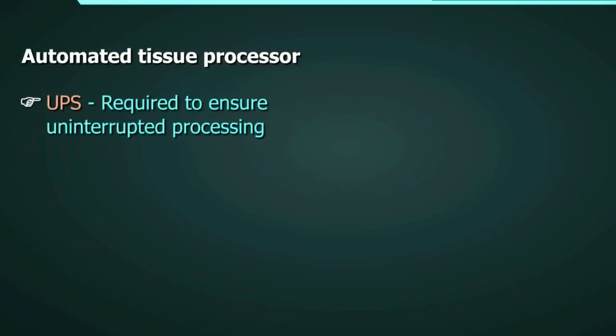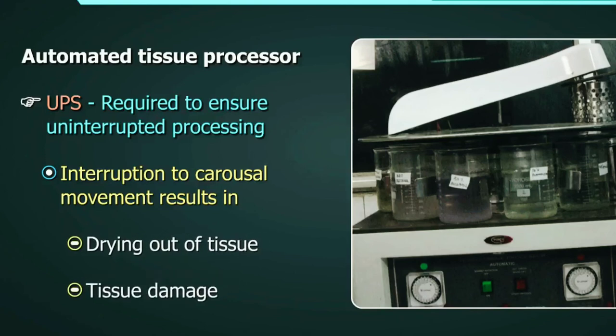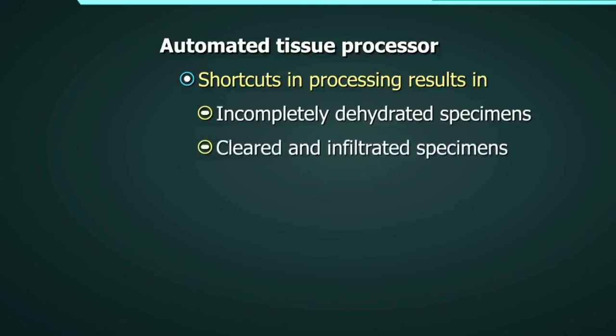The need for UPS is very vital in ensuring uninterrupted processing. Since the processor is run during night hours, contingencies for breakdown should be followed in the event of a UPS malfunction. Interruption to carousel movement can result in the basket hanging above, leading to drying out and tissue damage. Similarly, prolonged immersion in xylene, isopropyl alcohol, etc. The results can be poorly and incompletely dehydrated, cleared and infiltrated specimens, which will cause further problems when sectioning, staining,